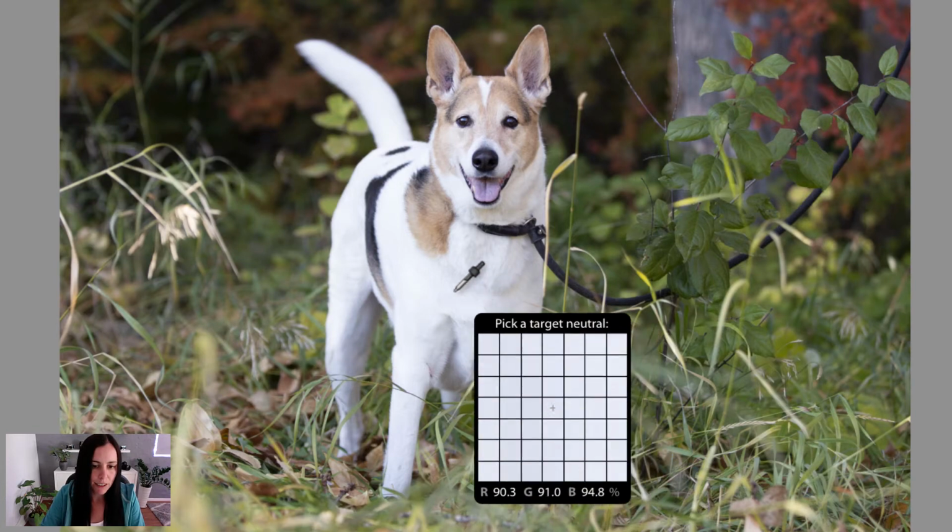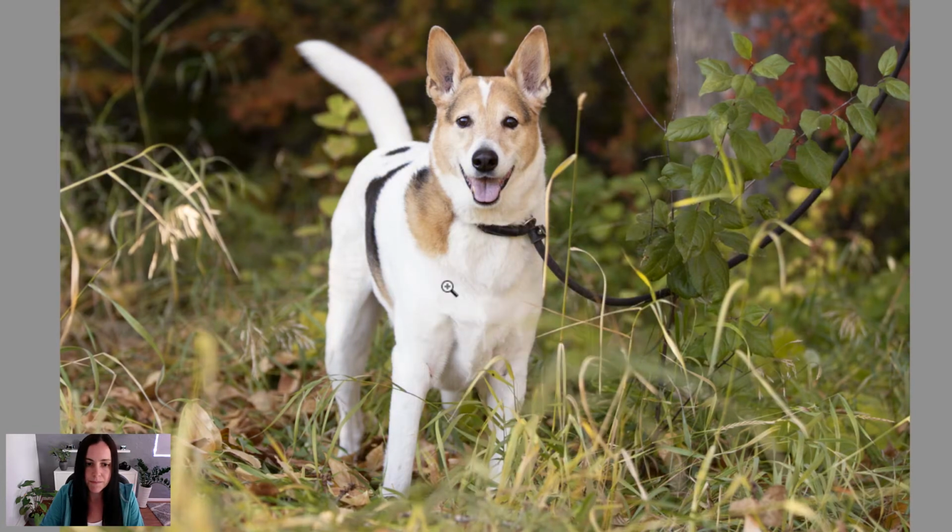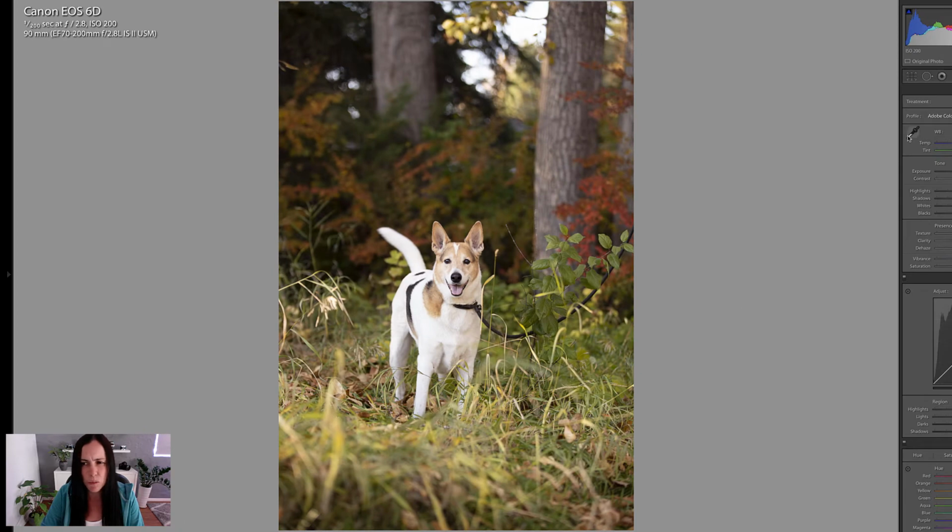So I'm just going to click on some of this white fur here. And as you can see, it's warmed the image up quite a lot. Now, you might need to do this a few times to get the exact sort of result that you're after. So I'm clicking on the side of the dog, the chest. I'm thinking that the result that I'm getting from the tail is the best because sometimes when you're clicking on